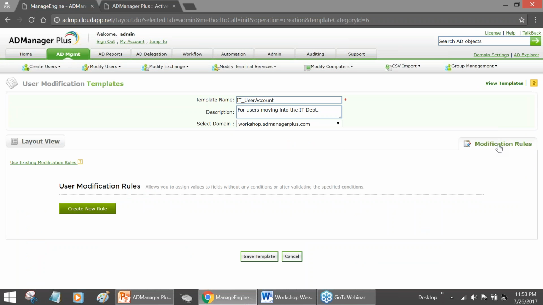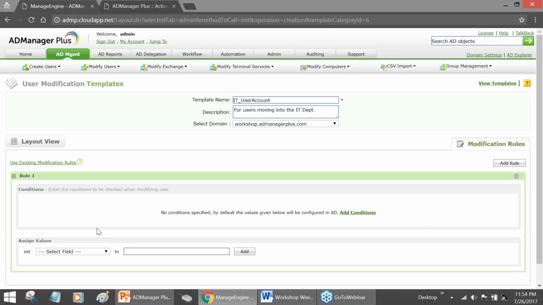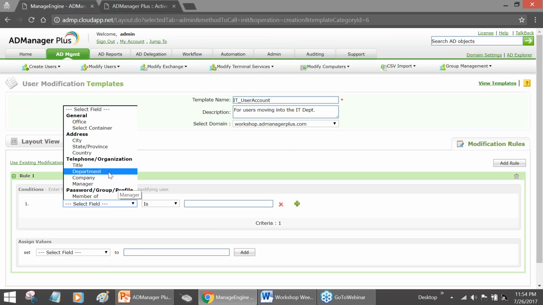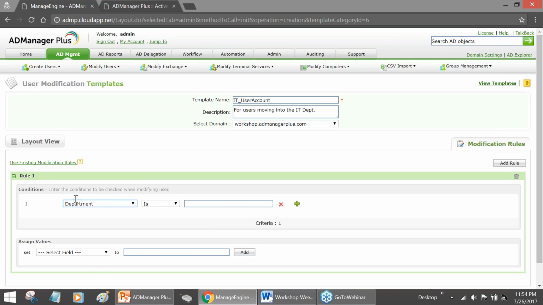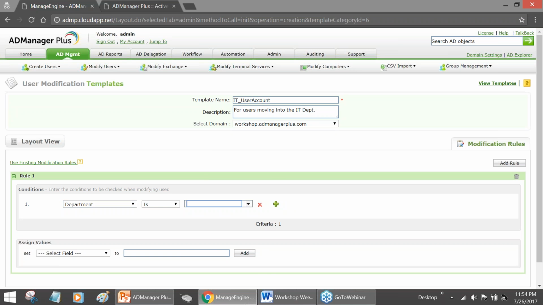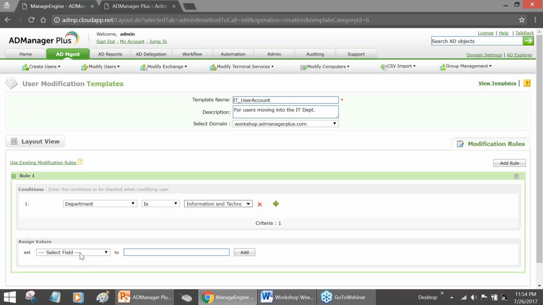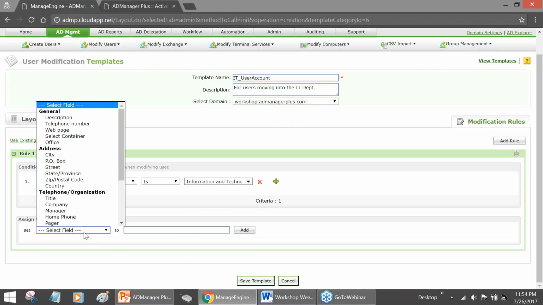Modification rules, just like creation rules, are going to have two parts. The first part is the condition part, and the second part is going to be the value that has to be assigned. So the condition is going to be the department. Right here, it's going to be the IT department. You can have any attribute set as a condition. For my example, since the template is based on the department, I am going ahead with the condition as information technology, the department, and I can go ahead and specify values for different attributes. Things like the manager attribute,